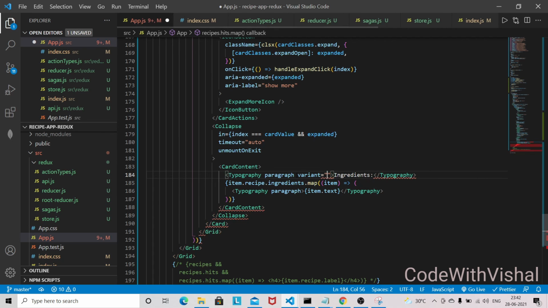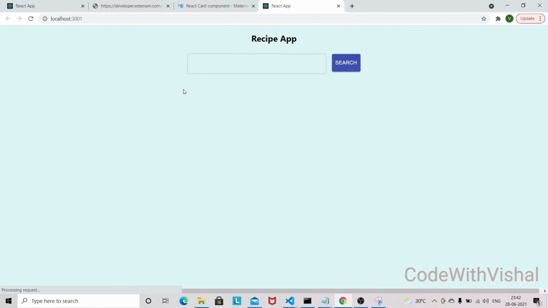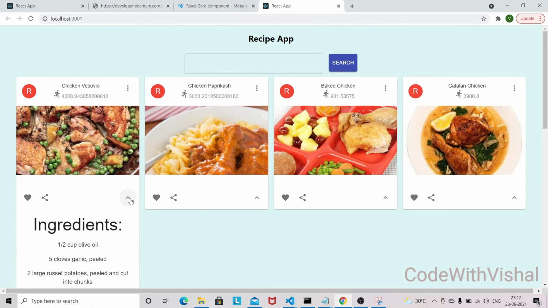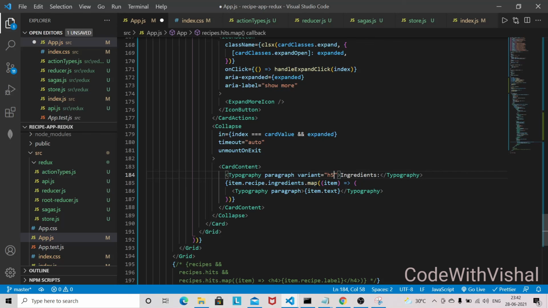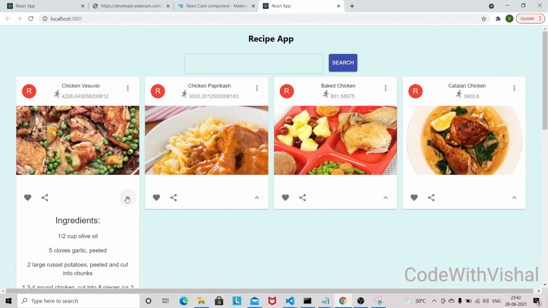So the variant can be h3. So let's refresh it. It's a little bit big, so give it 5. I think 5 will be fine. Refresh it. Yes, it is fine now.